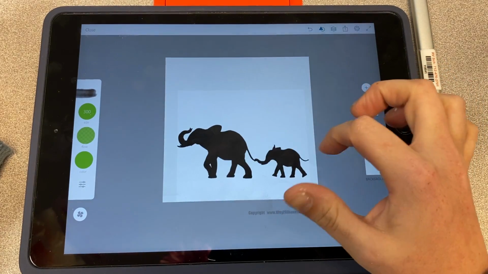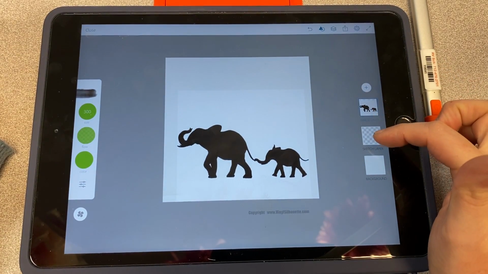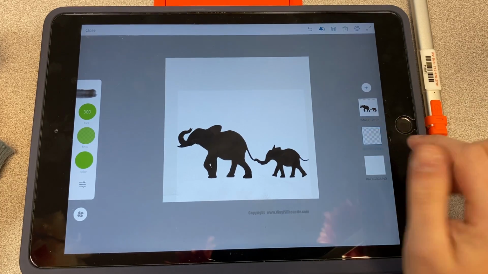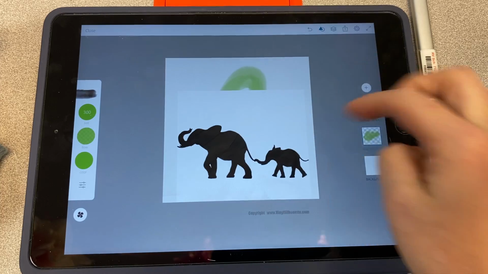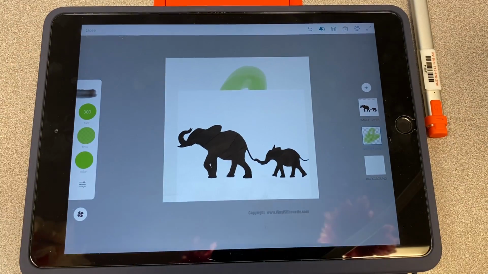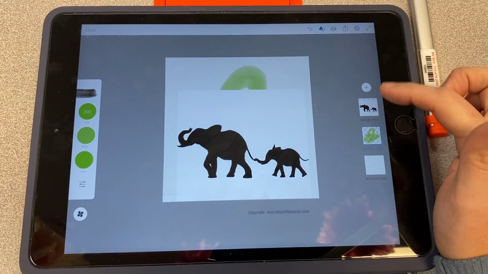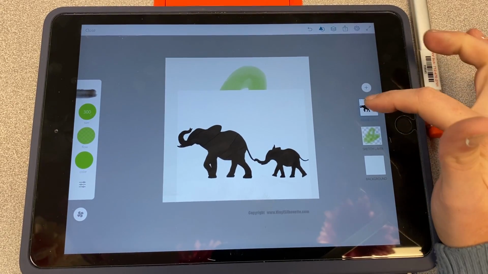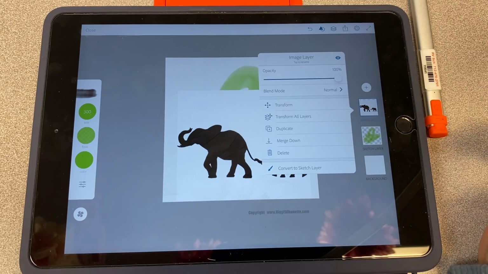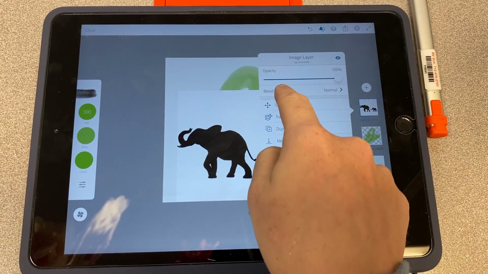Click it and delete. If I were drawing on a layer below, like right here, right now how we have it, we can't see it because of the white box. So we're going to get rid of that white box. So if you click the image layer and tap it one time, then we're going to go to where it says blend mode,